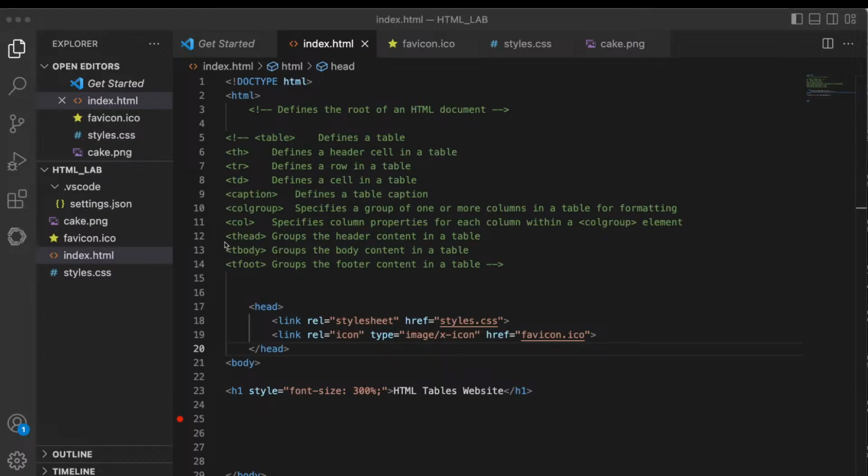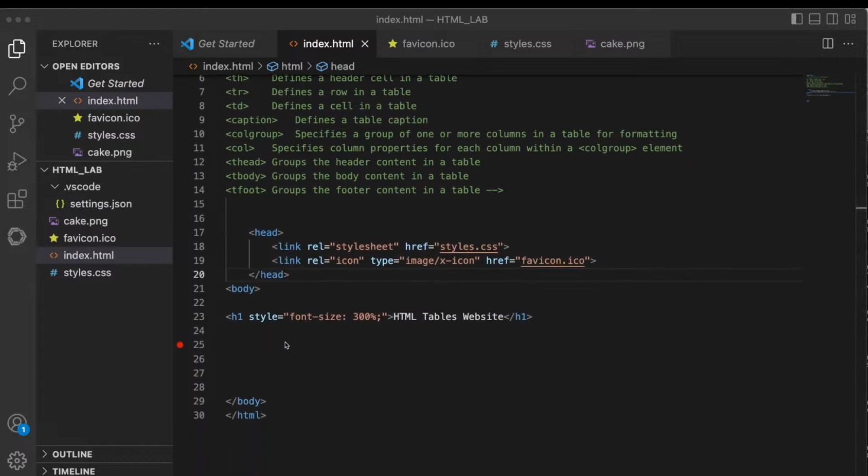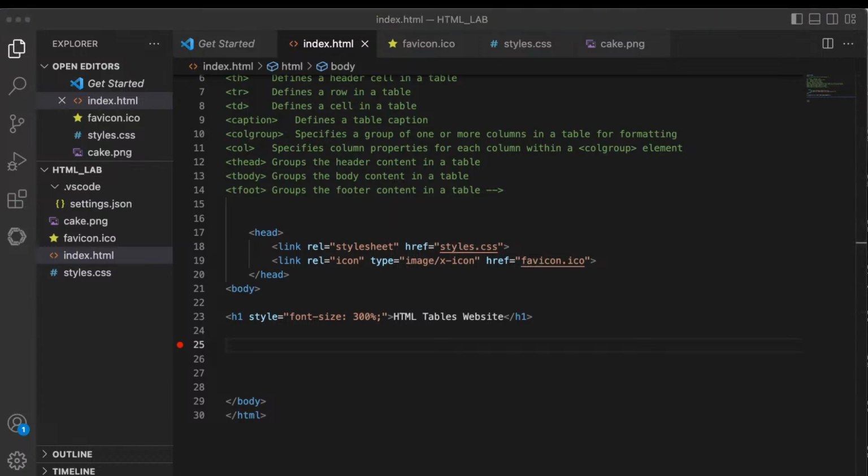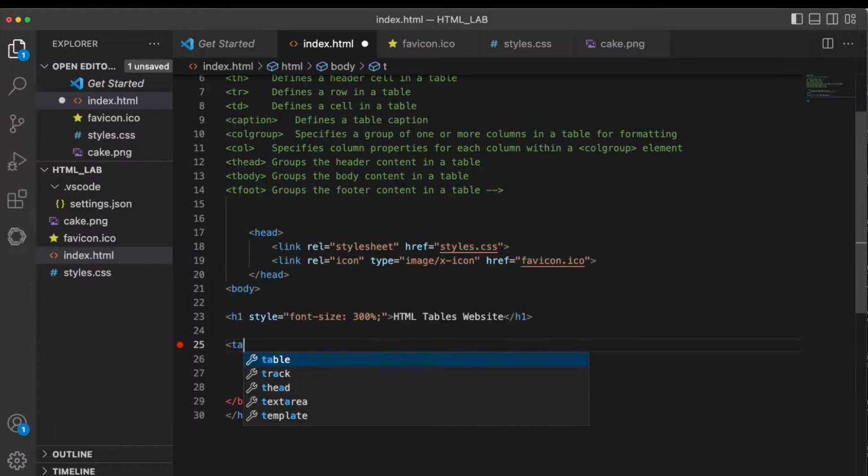And then we have thead, which groups the header content in a table. tbody groups the body content in a table. And tfoot groups the footer content in a table. So I'm going to do some examples for you guys today so that we can see what this looks like. Let's go ahead and put my example here, where we're going to start with